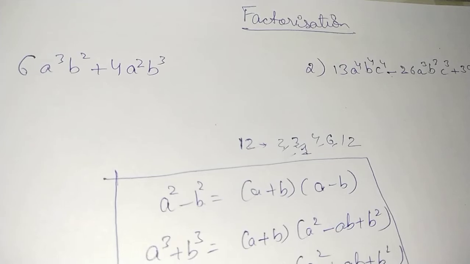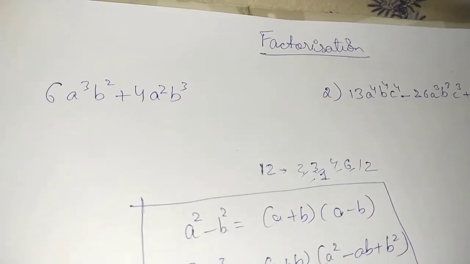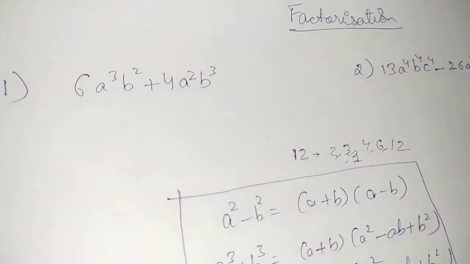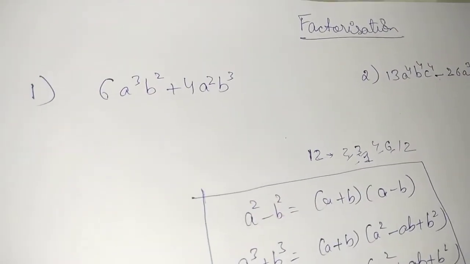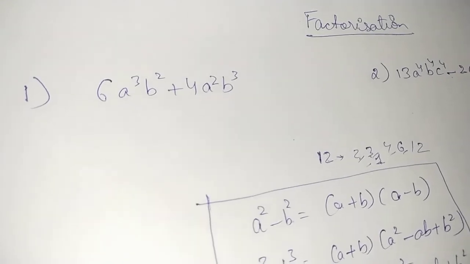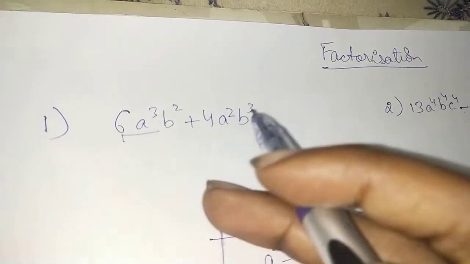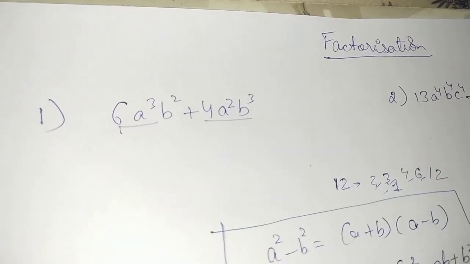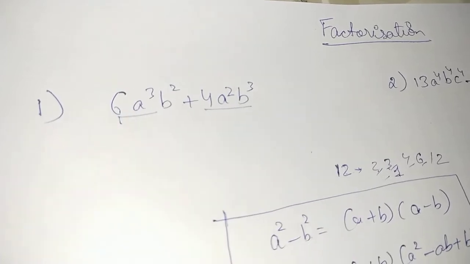But what happens when we are dealing with algebra, when we have variables? We have a pattern to follow, a protocol or set of rules, for factorizing polynomials. First of all, look into the terms. We know that the plus and the minus sign separate the terms, isn't it? So over here we can see that we have two terms.